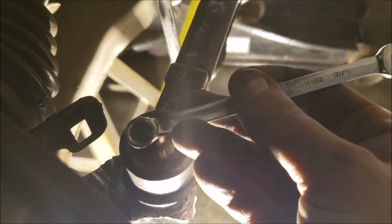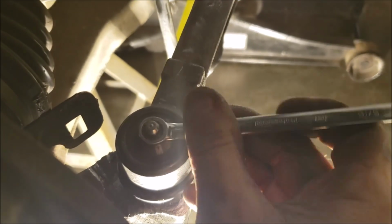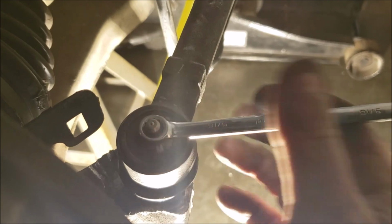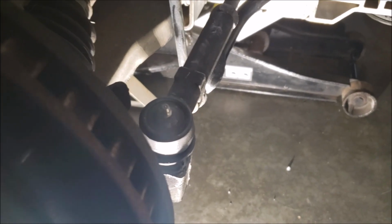It's tempting to use a 1/4-inch ratchet. This was a 5/16 zerk. I prefer to use a wrench. Reason being, while I use one hand to tighten it, I can push down with the other hand. Just because every now and then, depending on the components you're using, zerks can either strip out or go in crooked. Now, on the cheaper stuff, and especially that O'Reilly's Master Pro stuff that I use that I'll never use